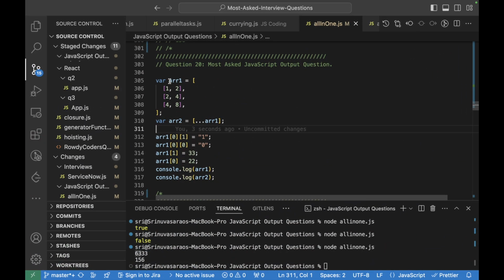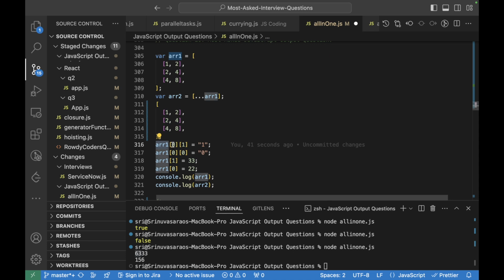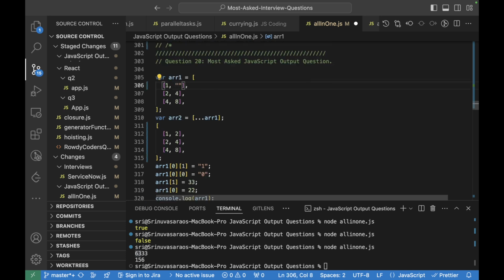Here, this particular array is given, and the elements of this array are being spread into the new array. Now the new array will be similar. When we try to change array 1 of 0, which will be the 0th, and then the first index, we're changing it to 1 here. Okay, string 1 here, and array 1 of 0 0, we're again changing it to 0 here.